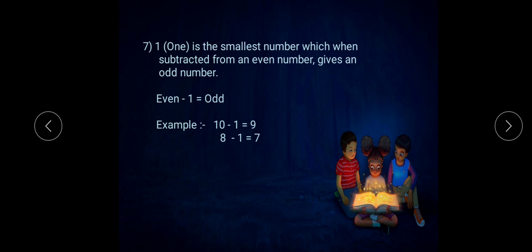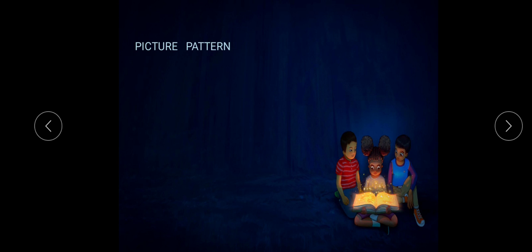You can see that 10 was an even number, but when you subtracted 1 from it, it became an odd number. Similarly, 8 minus 1, it gave you 7. That is an odd number. So children, I hope you have understood all the points to remember. Now let us do some